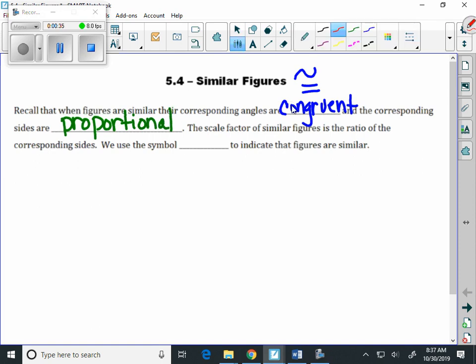And the scale factor of similar figures is the ratio of the corresponding sides. And we've seen it already before, but the symbol is just kind of a squiggle there. That symbol is used to indicate that something is similar. So just to reinforce that idea one more time,